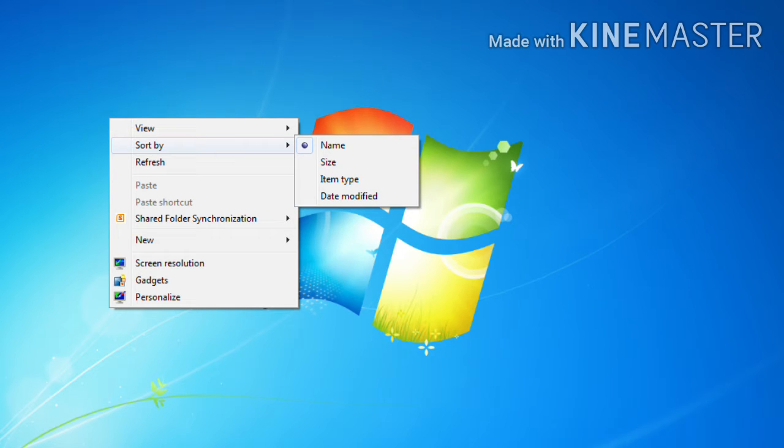When you click on the name option, you can see that the icons have been arranged in alphabetical sequence. Like that, you can click on the other options like size, item type and date modified, so that the icons will be rearranged accordingly. So that's about sorting the desktop icons.